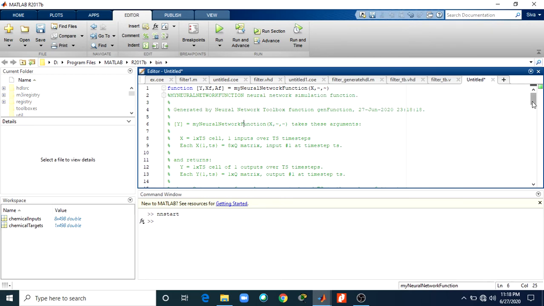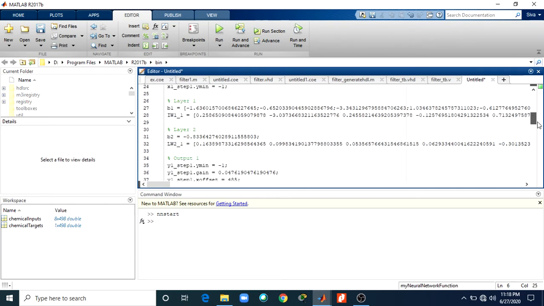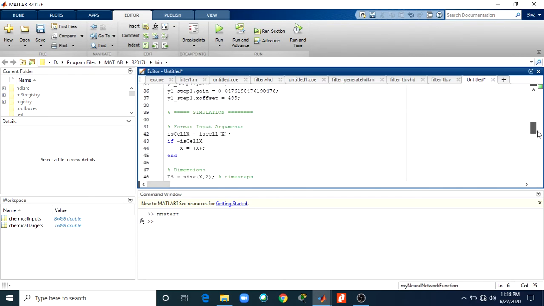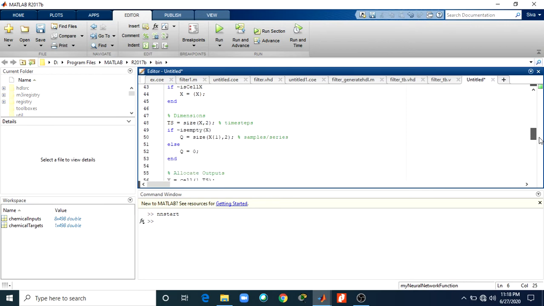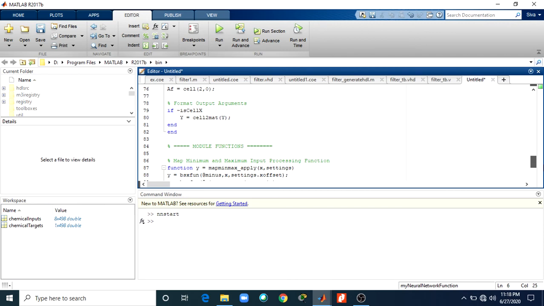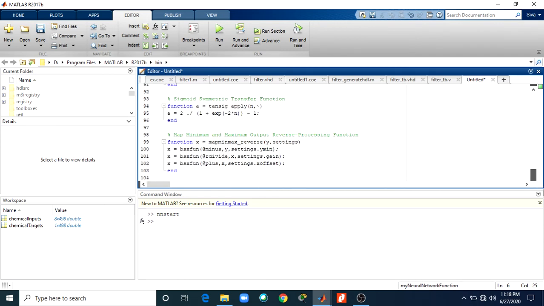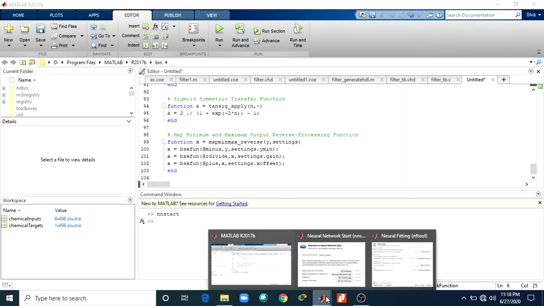Here you can see the neural network constants, layer 1 and layer 2, and the simulation: what your input arguments are, what your dimensions are, the allocation of outputs and the time loop, the finite delay states, format output arguments, and module functions, with the minimum and maximum output reverse processing functions. Also, you can